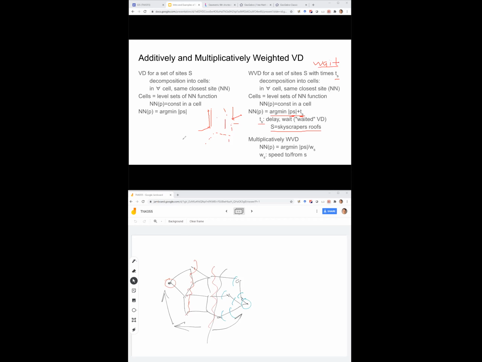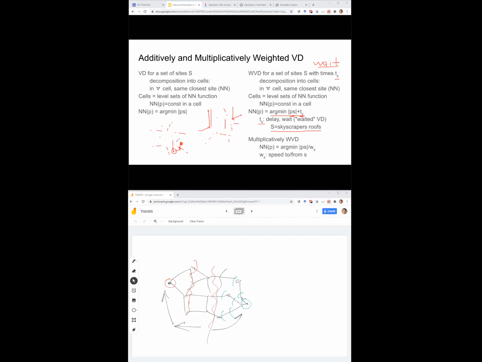You can also think about other applications. Again, you may have fire stations or whatever, some other service stations. And again, you want to decompose the city into this Voronoi diagram of who serves which site, which fire station serves which part of the city. But maybe again, the time to react from different fire stations is different. So even though this point may be equidistant from two fire stations, maybe this fire station has a brigade that comes out much faster. And for this one, you would have to wait.